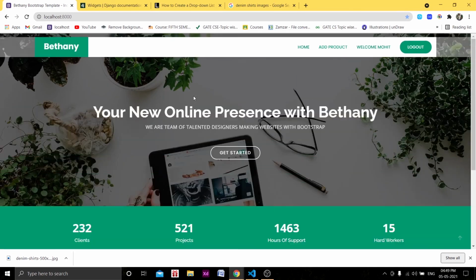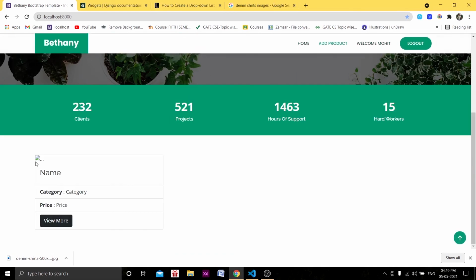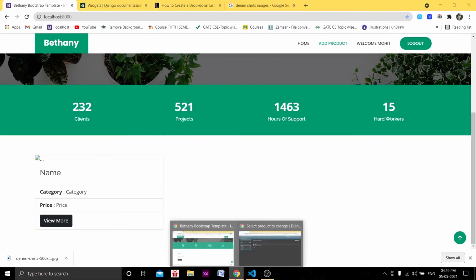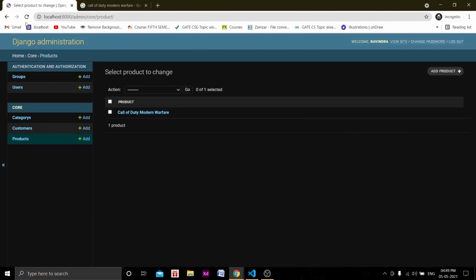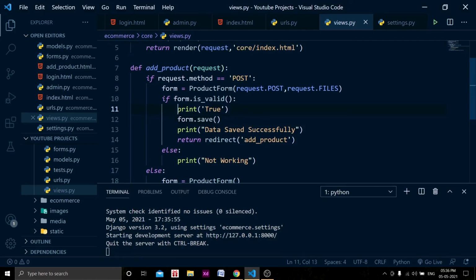We haven't rendered the products in our HTML page, but we can see them in the admin panel. When we hit reload here, okay, the product is not added. Why? The form was not getting valid, and I was trying to get the post request only.